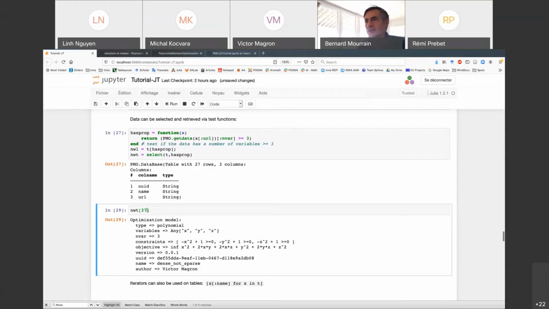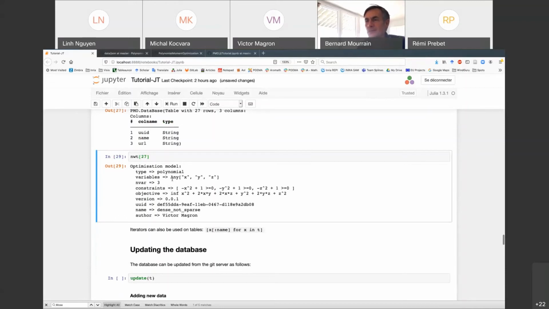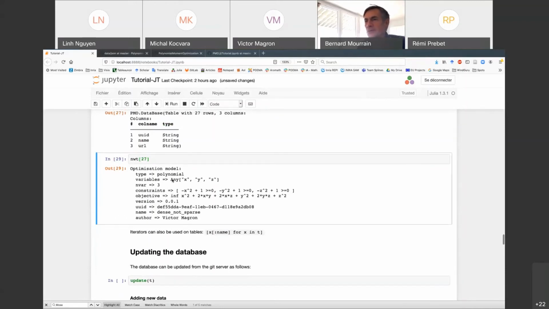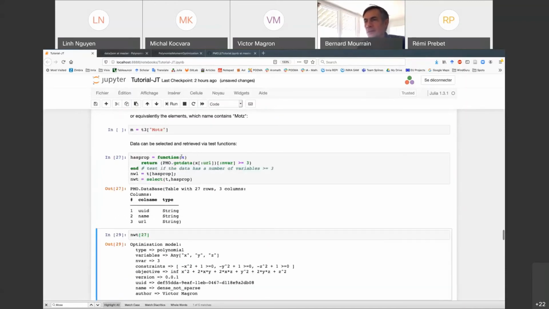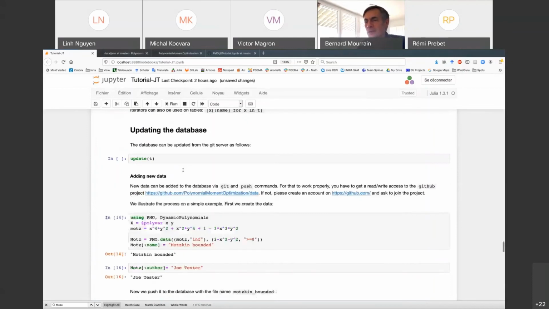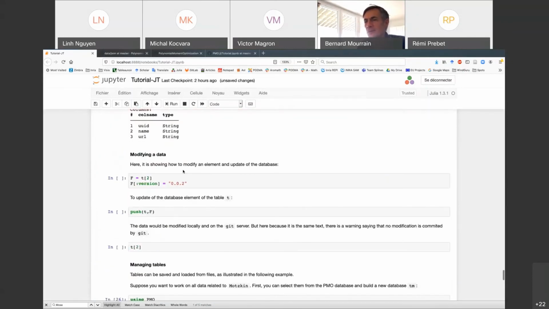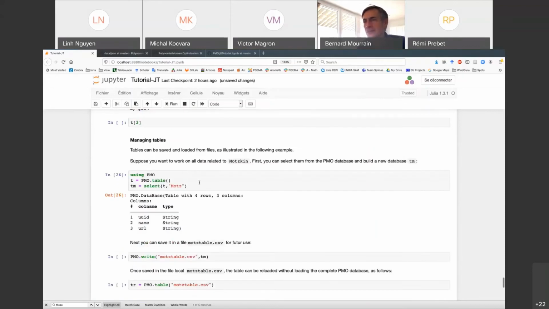Okay, so this is a way to select data according to what you want. In fact, you can add any test function here, and then you have a table. And suppose you want to use it for some benchmarking.